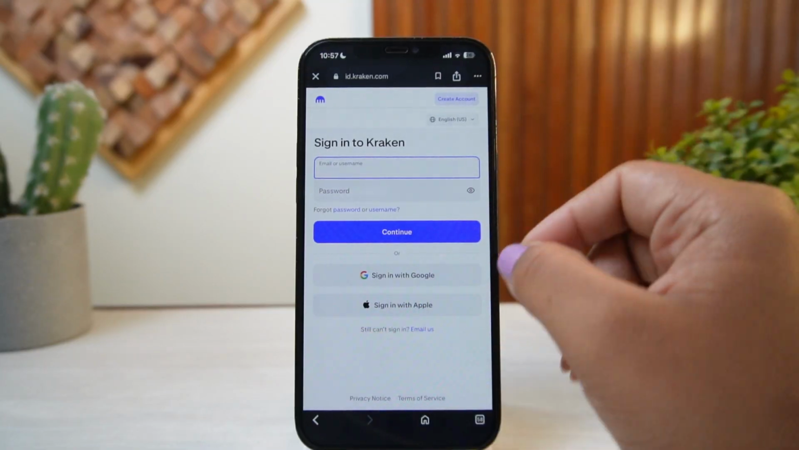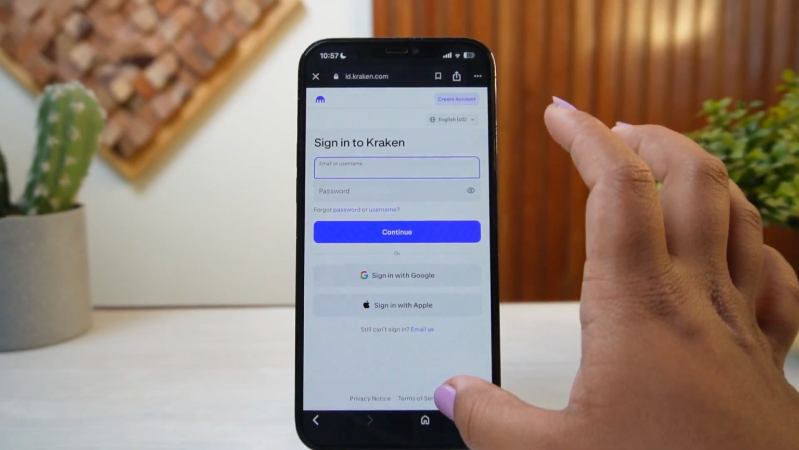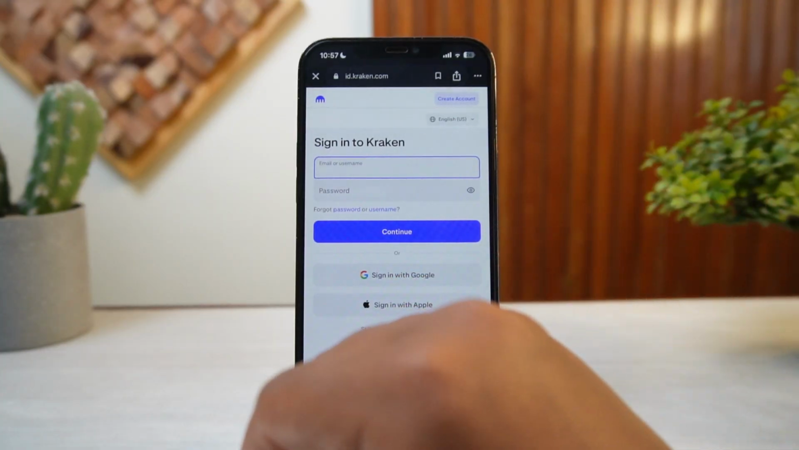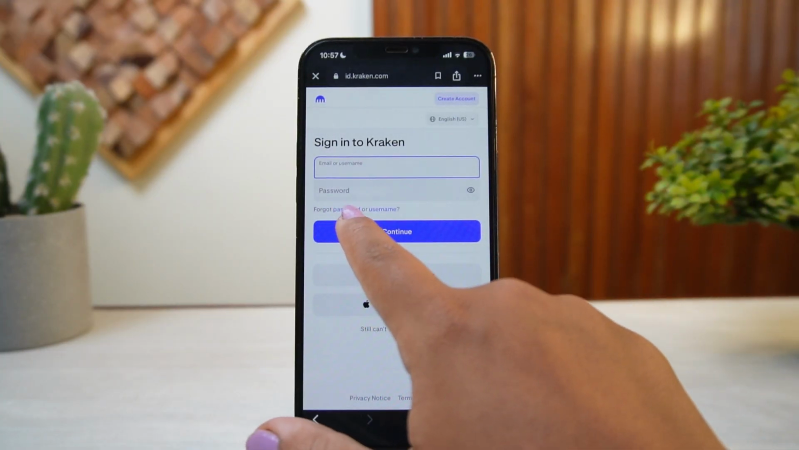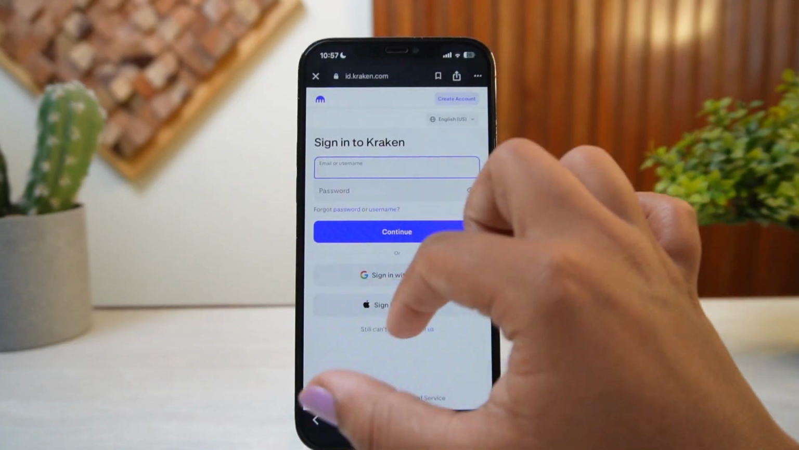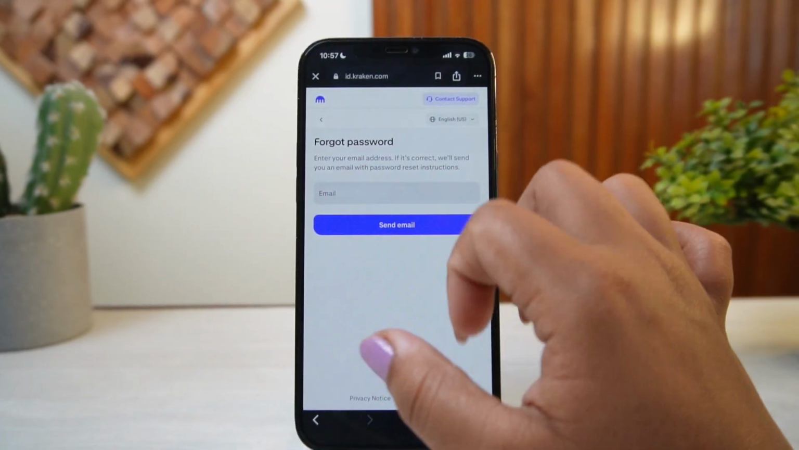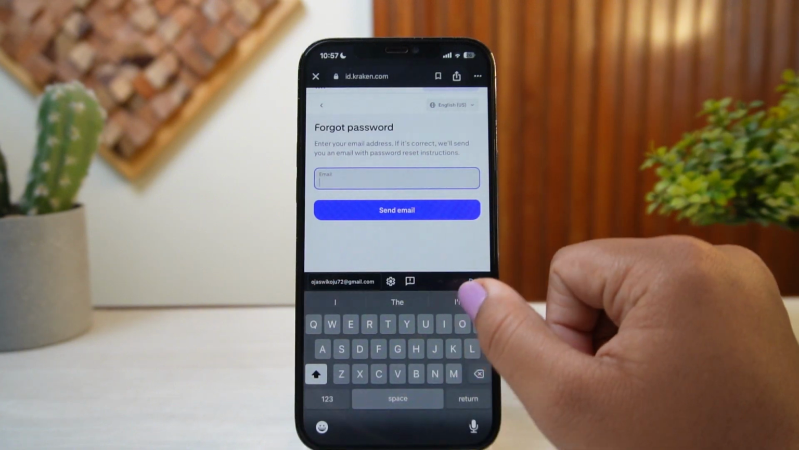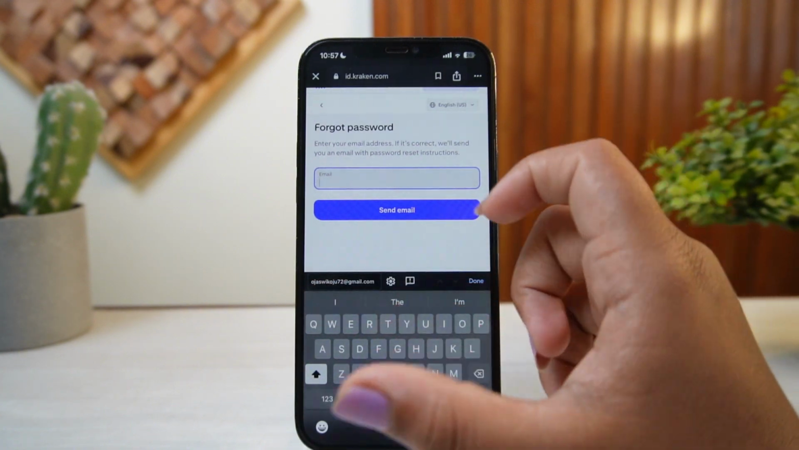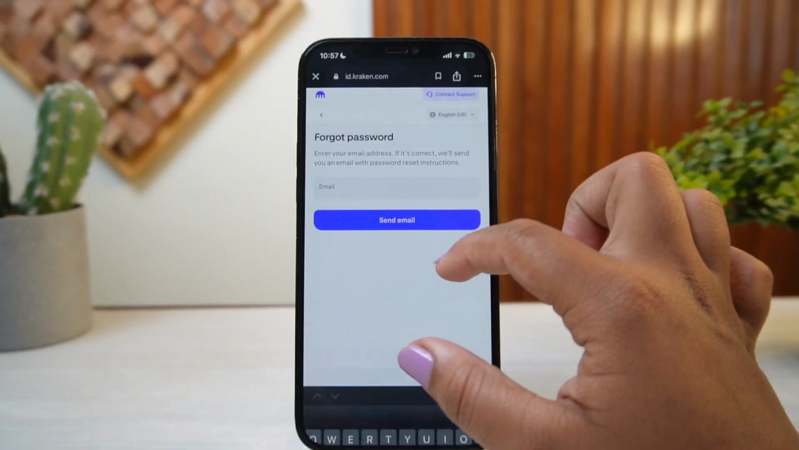But in case you have completely forgotten the password of your account, then what you can do is simply tap on the option forgot password on your login page of Kraken, right? So what you're going to do is simply tap on forgot password, add in your email address, then you can tap on send email. You'll actually be able to get a link through Kraken,